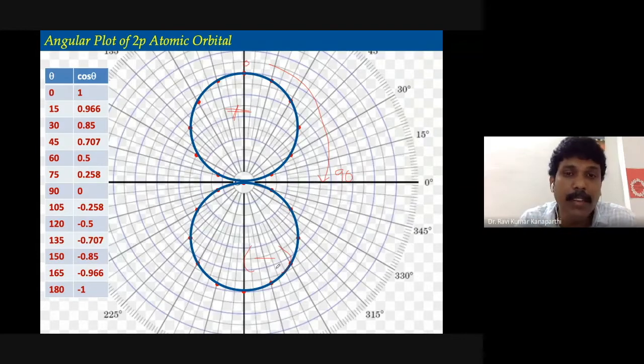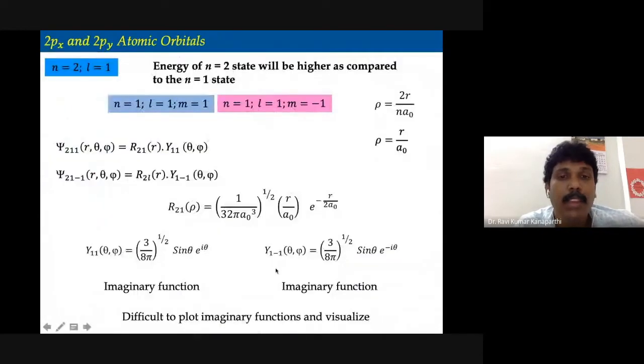Since my graph has limited circles, I have only taken 10 circles. Of course, there are cases where you take two circles as 1.1. The same thing happens here also, and you can plot that way. And of course, the other two orbitals, in fact what I have shown is the 2p z orbital. Why? Because the two lobes are pointing along the z axis, therefore it is said to be the 2p z orbital.